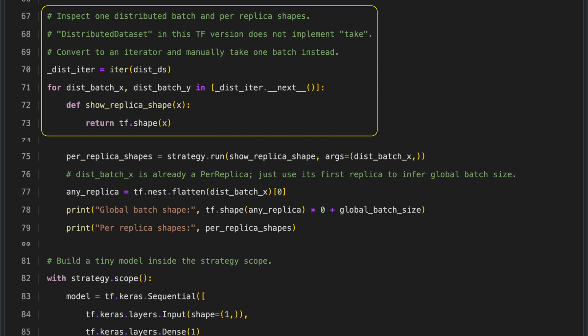To inspect a distributed batch and see the shapes for each replica in TensorFlow, we first work around the fact that the distributed dataset does not support the take method. Instead, we convert the distributed dataset into an iterator and use its next method to manually retrieve a single batch. Within this batch, we apply a small helper function that returns the shape of its input tensor. By running this function on the batch, we can examine how the data is split and shaped across the different